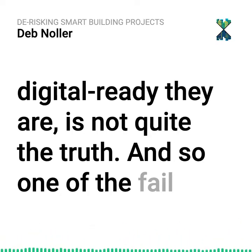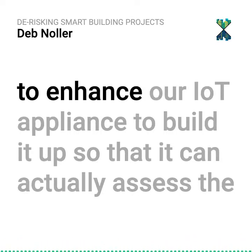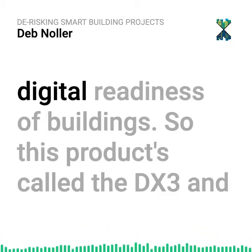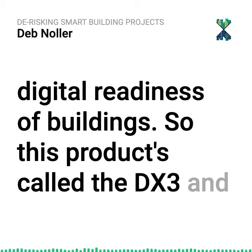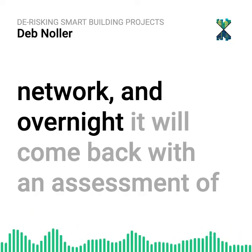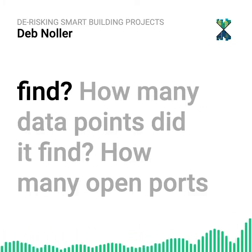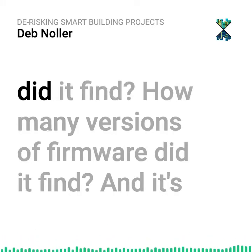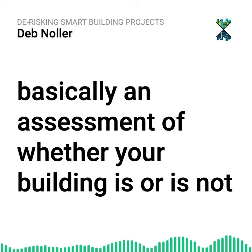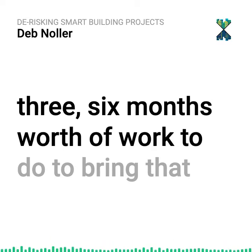truth. And so one of the fail fast things that we've done in our company over the last 6 months is to enhance our IoT appliance to build it up so that it can actually assess the digital readiness of buildings. So this product's called the DX Cubed, and you buy that as a single one-time purchase. You plug it into your building network, and overnight it will come back with an assessment of how digital ready your building is. So how many systems did it find? How many data points did it find? How many open ports did it find? How many versions of firmware did it find? And it's basically an assessment of whether your building is or is not ready for smart building programs, because if it's not, you might have 6 months worth of work to do to bring that network or some of those